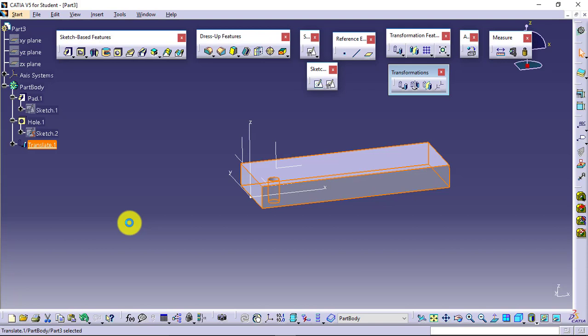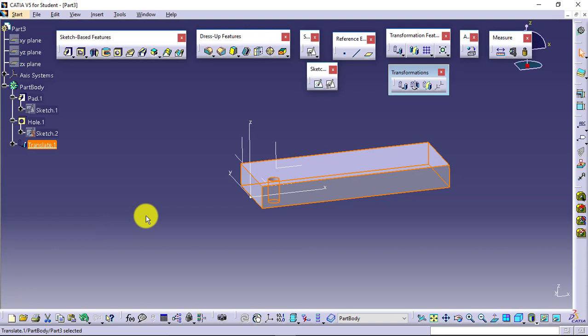It is not shifted from its location. The sketch is as it is, the pad is as it is, other features are also available as they are. The visualization of that thing is translated. It has been shifted from its original position.